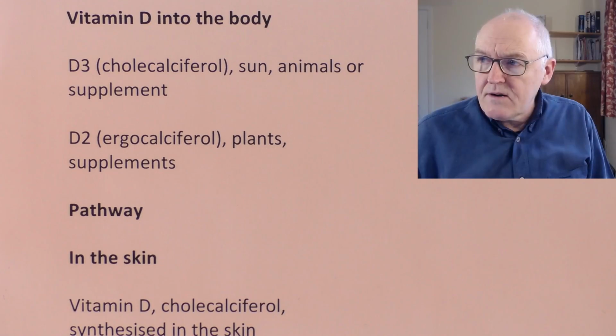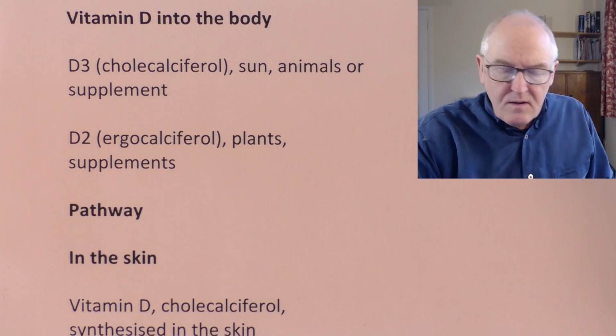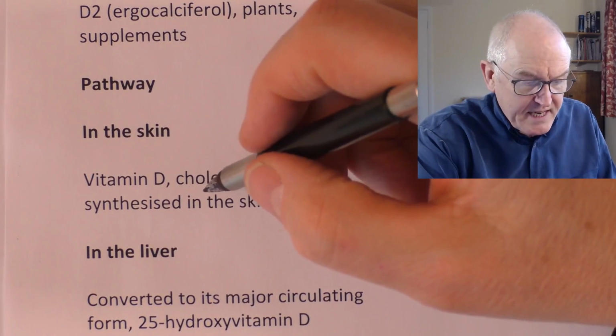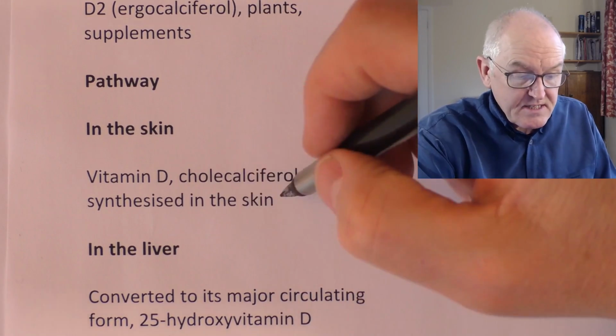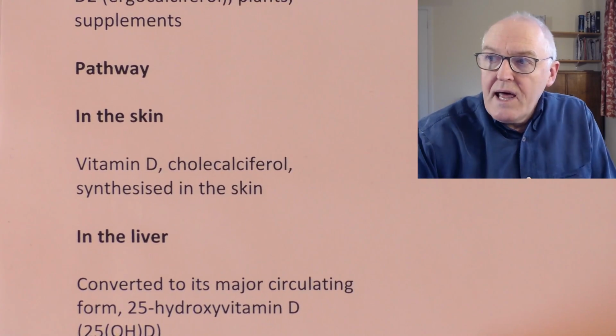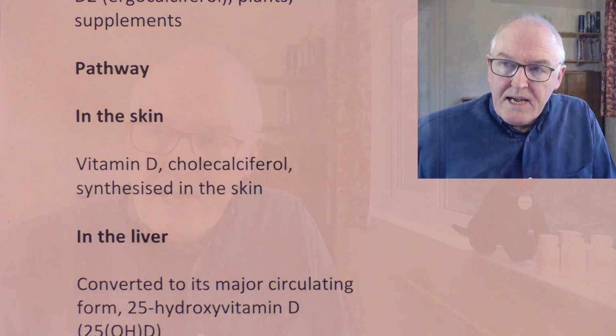Where have I gone? There I am. Now, what is the pathway? Well, in the skin, the vitamin D is produced. And because we're animals, we produce the cholecalciferol form of vitamin D. That's synthesized in the lower part of the epidermis, which is the upper layer of the skin. So it's produced in the upper part of the lower layer of the skin. But the vitamin D that we produce in the skin, the cholecalciferol, isn't any good to us until it's been